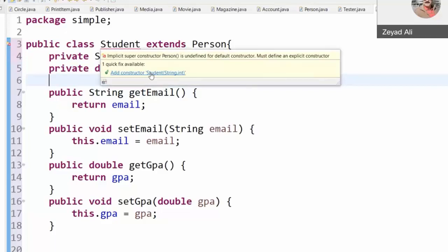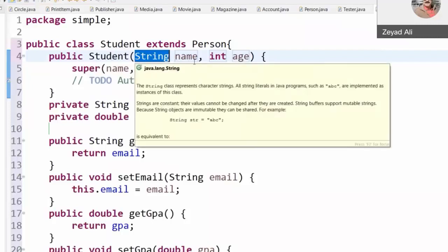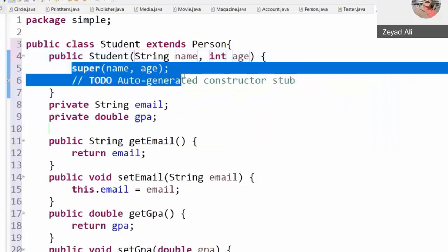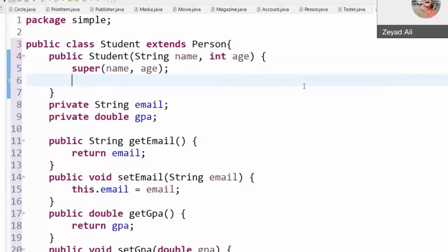In this case, you can ask Eclipse to do it. And see here what happened. Eclipse did the minimum for you. You have a student with name and age exactly like the superclass. Super(name, age). Here you are calling the superclass with name and age. And the superclass will do all the setters and getters and all the validations there. No need to duplicate the code and add the code there.